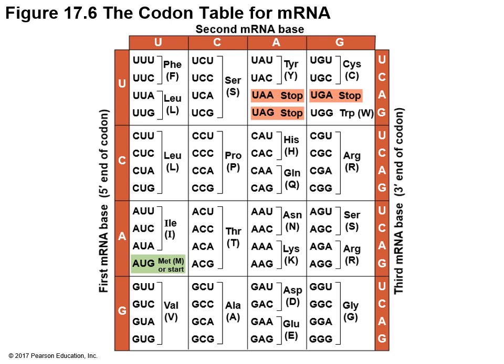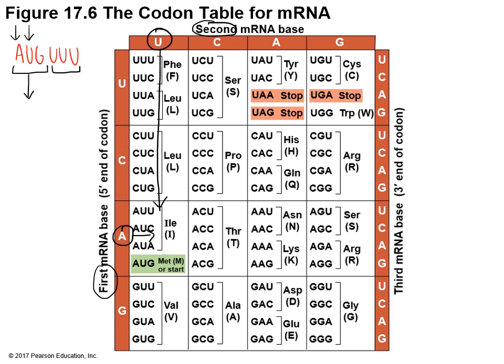For example, if I had the mRNA sequence AUG UUU, I would have to start by grouping the mRNA into 3 nucleotides. So we have 2 codons in this case. So if I were to find the amino acid that corresponds to the first codon, we will look at the left column first. So the first letter of the mRNA is going to be A. So you look for A in the left column. And the second letter is going to be U. So we look at the top column. After we do that, we just cross them together, and wherever they meet, we are able to find our 3-letter codon, AUG. And to the right of the codon, we have the name of the amino acid, which is going